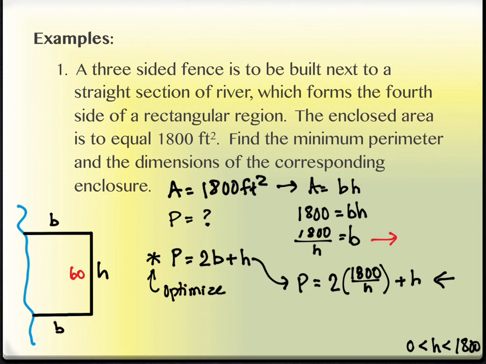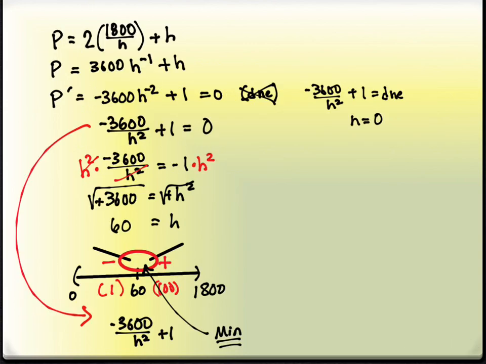30. Yeah, so 1800 divided by 60 is going to be my base. My base ends up being 30. So I have either from an image standpoint, 30, 30 here, and I can just add them up. Or I can put them back into this formula if you prefer, 2 times the base plus the height. That's fine too. What's the perimeter? How much feet of fencing do I need? 120, right? I need 30 on the top, 60 on the side, 30 on the bottom. I need 120 feet of fencing. So the perimeter,